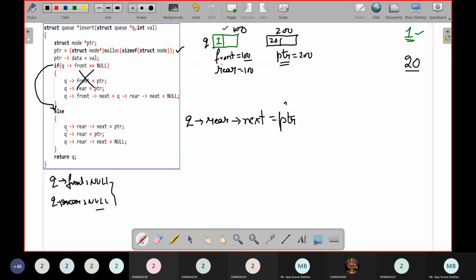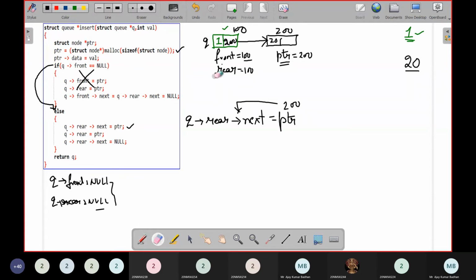Simply we will write pointer, so that is 200. Now this 200 is present into rear next. Where is rear here? This is 100, so here it comes 200. So a link is established between them. Okay, a link is established with this particular step. Now since a link is formed, as a new node has been inserted, rear should be pointing to what? To this particular node, the second node whatever we are having.